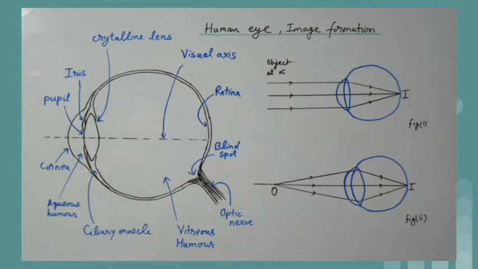Retina consists of a large number of rods and cones. These are light sensitive cells. Rods are sensitive to intensity of light while cones are sensitive to colors. There is a small region of retina called blind spot at the location of optic nerve. No image could be seen if formed at this spot. There is absence of rods and cones here, hence the spot is insensitive to light. The average refractive index of crystalline lens is 1.43 and that of aqueous humor and vitreous humor is 1.336.